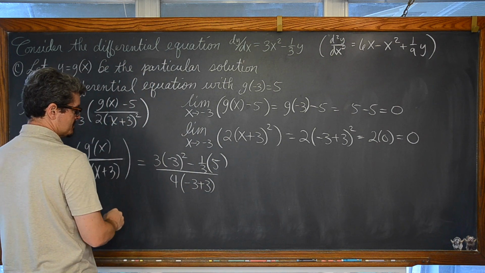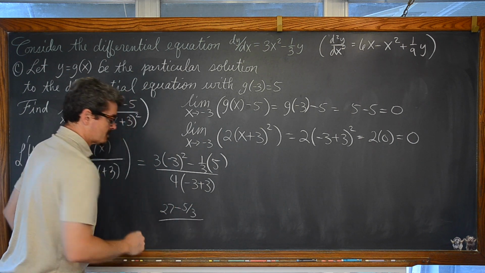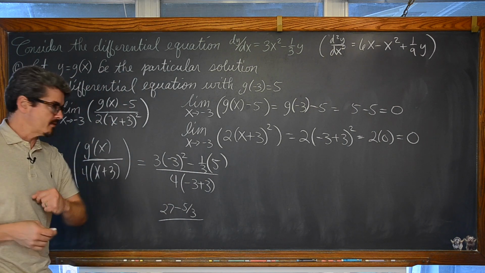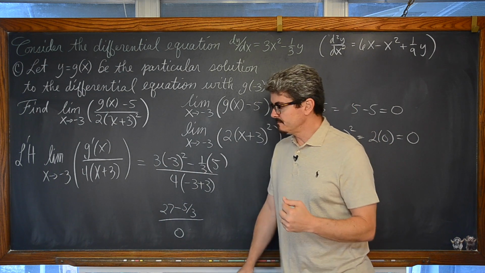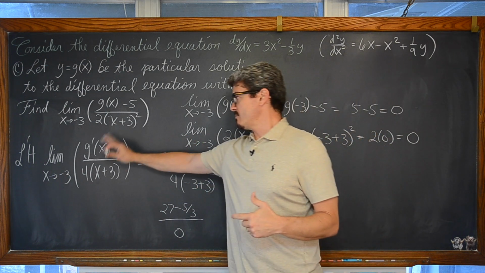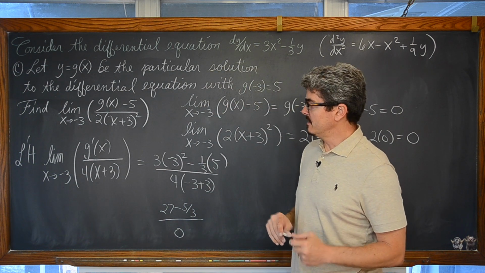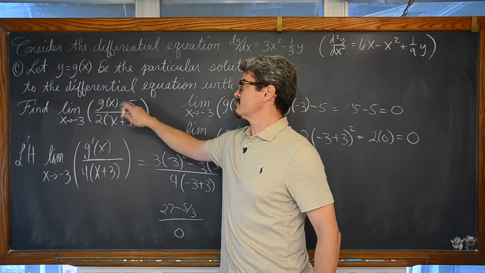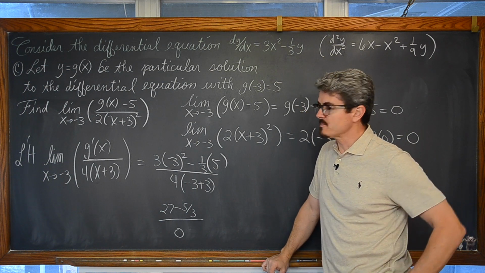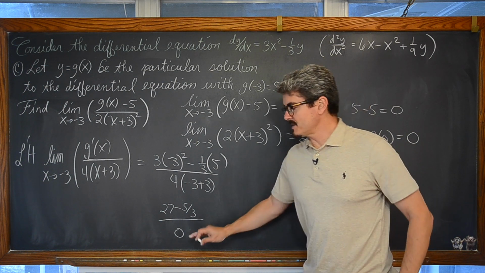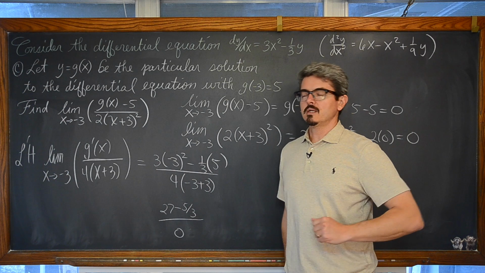That's going to come out to be equal to 27 minus 5/3, so we're looking good so far. We're going to get a real value out of the numerator, but the denominator is equal to 0. Now remember, we're looking for a real limit, not g prime of x over 4 times x plus 3, but the limit as x approaches negative 3 of g of x minus 5 over 2 times the quantity of x plus 3 squared. And this is not a form of indeterminate. It's a constant over a denominator approaching 0.